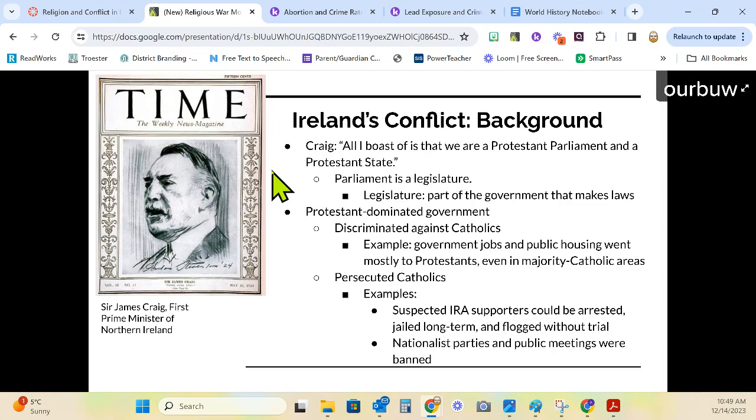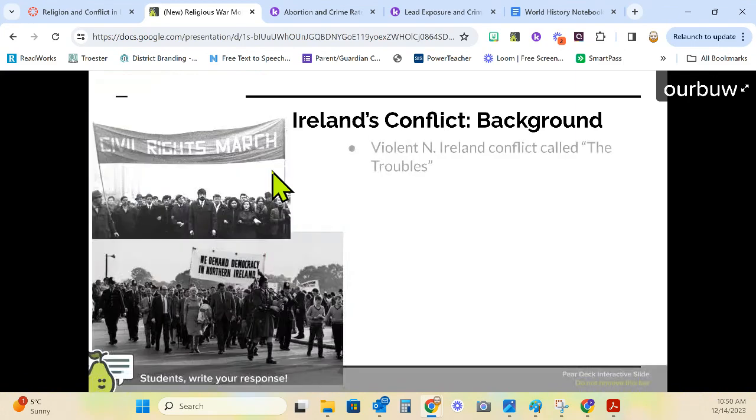And if Vita thinks, this is awful, I think we should get together and tell the government that we want this to stop. Well, you can't do that either. Because if you try to form a nationalist political party or even hold public meetings as a Catholic, you can't do that. That's illegal too. And that will bring us to what's called the Troubles. But we will pick up with that